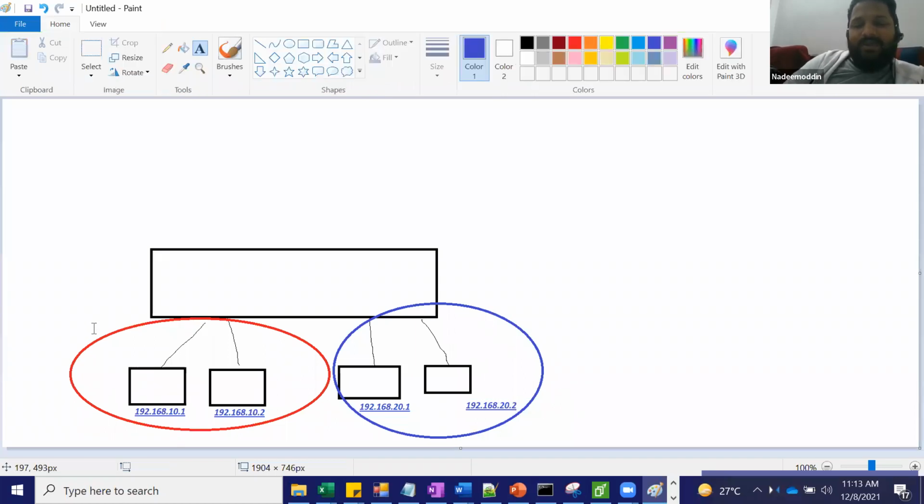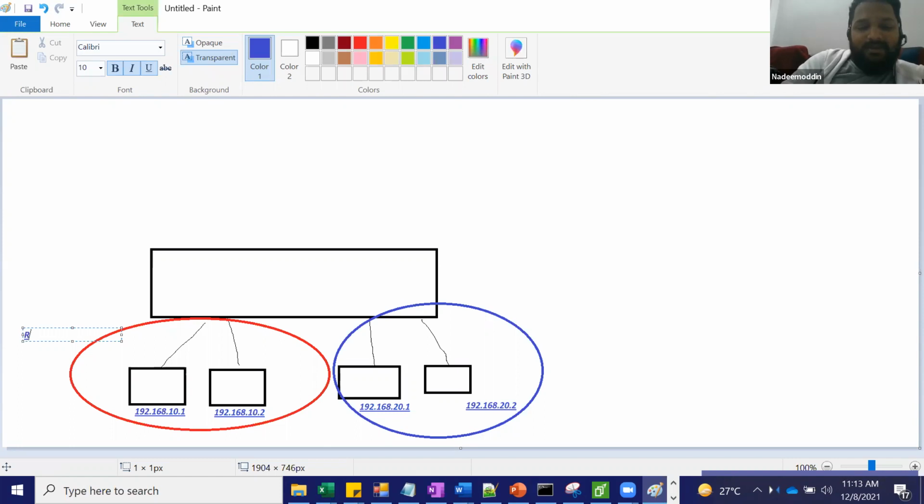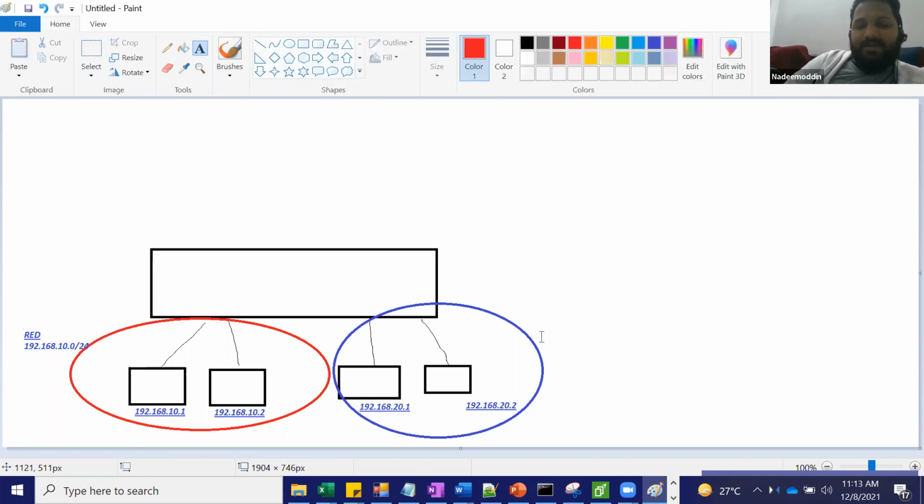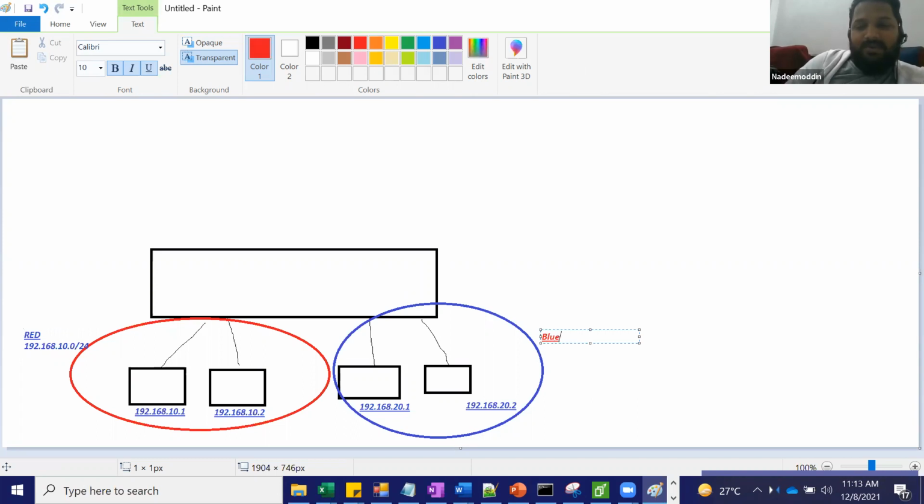We came to know that red VLAN has a network called 192.168.10.0/24, and blue VLAN has a network called 192.168.20.0/24.